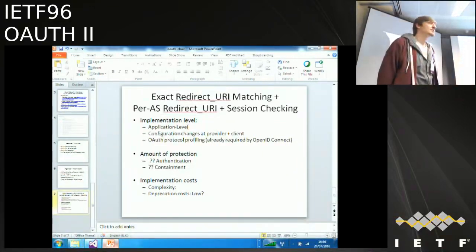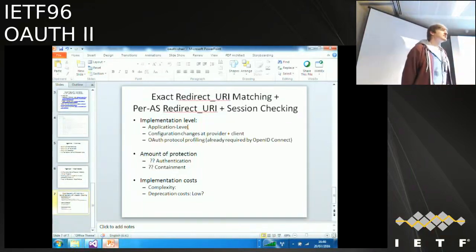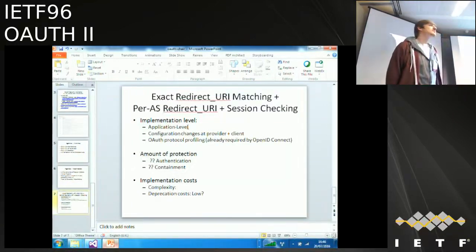William Dennis: I think the path that John just proposed makes sense to me. Let's gather all these best practices, and if we are going to make a normative change, then try and do it once and solve the fundamental problems. And I want to point out that this is not just about mix-up. In fact, if you implement exact redirect URI matching, you close a whole bunch. I think you alluded to that, but I just want to draw people's attention to this because you actually close